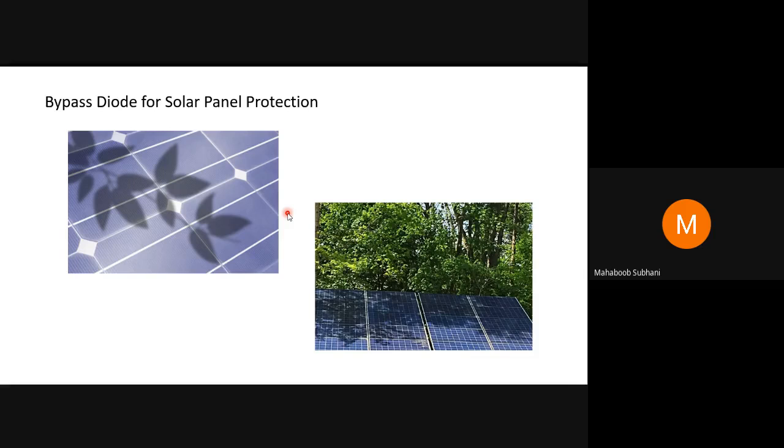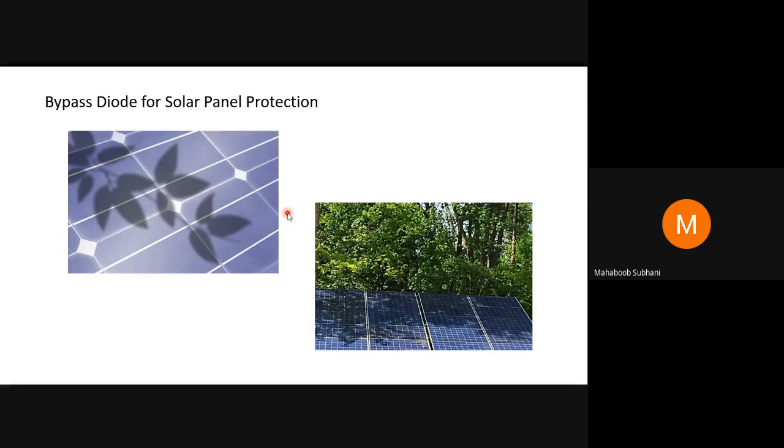Therefore, we have seen a small example of how to design the number of cells in an array and how to get the desired values or decide the output from the connection in order to drive a solar vehicle. And also we have seen the IV characteristics and how to make some alternate arrangements